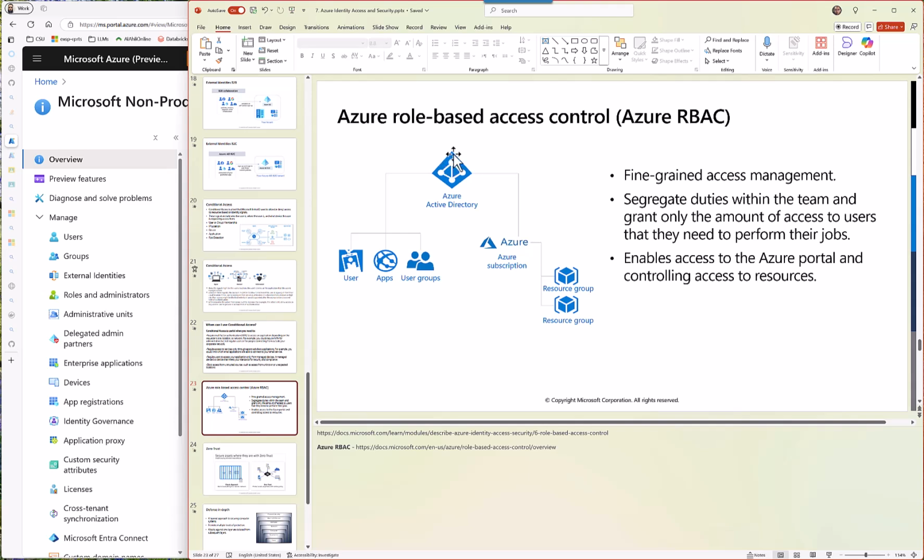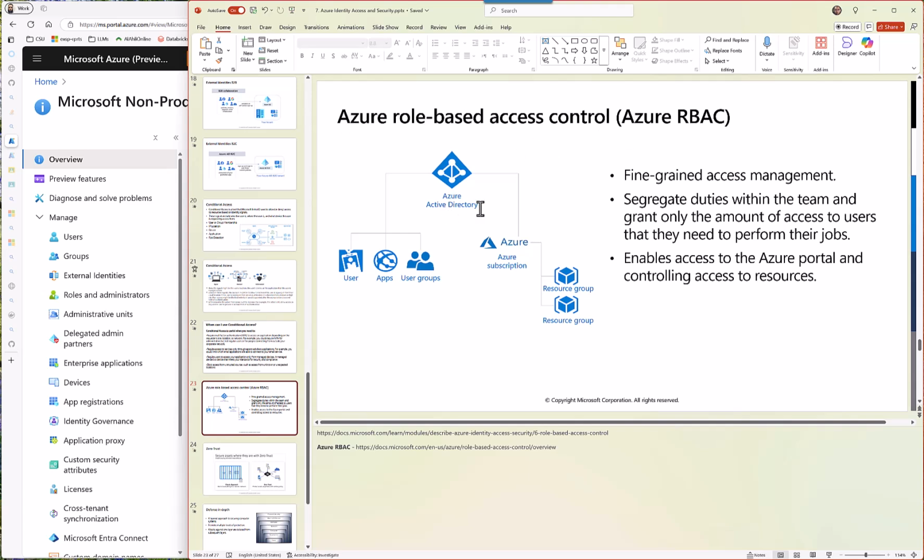तो बेसिकली एंट्रा आईडी, यहाँ से अपने यूजर्स हैं, आपके ग्रुप्स हैं, एप्लीकेशंस हैं. आपने सारा कुछ एब्स्ट्रैक्ट कर दिया, आपने एंट्रा आईडी टेनेंट लिया और आपने उसको एजर के साथ अटैच कर दिया, आपने उसको ऑफिस 365 के साथ अटैच कर दिया. You took this service and gave access to different users on different things, right. तो एजर की जो रोल बेस्ड एक्सेस कंट्रोल है is